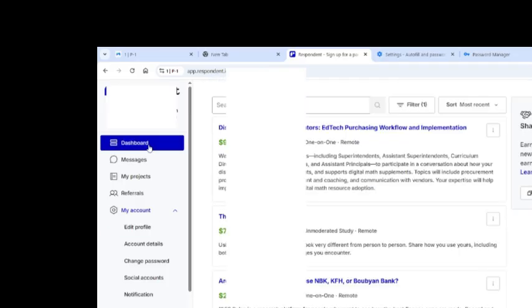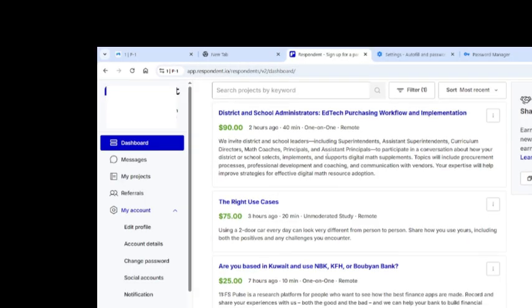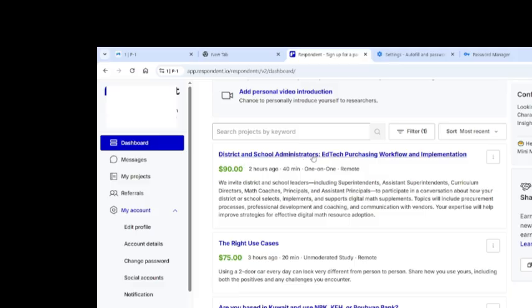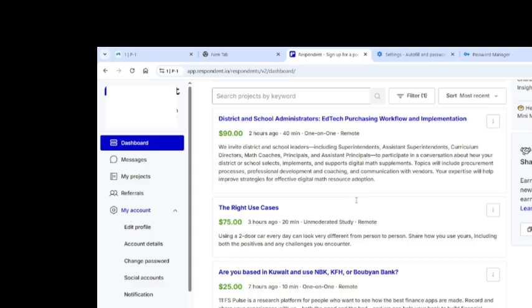Now let me just show you guys how to apply for a project. This is a project, and you can see this is a district administrator, ED tech, purchasing workflow and implementation. Looking at this, I am not really qualified for this role. The next one is right use